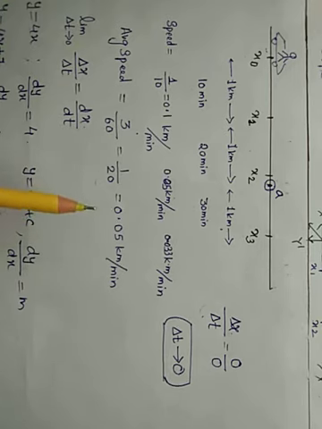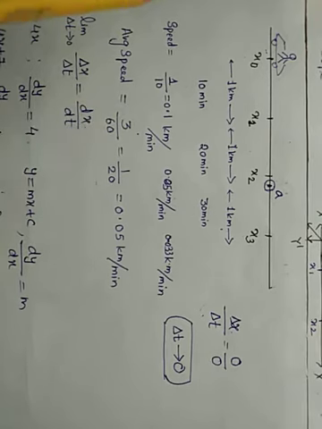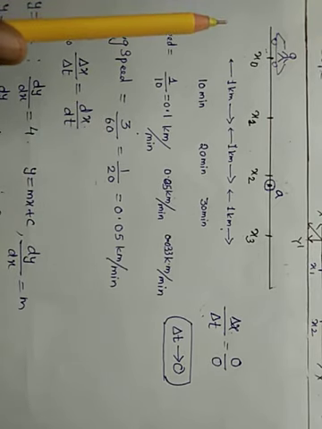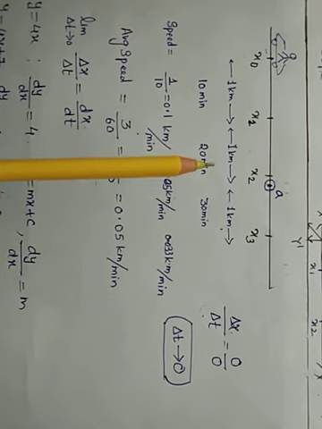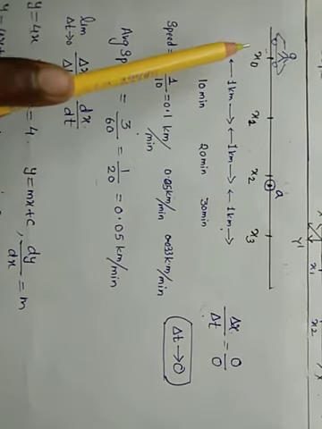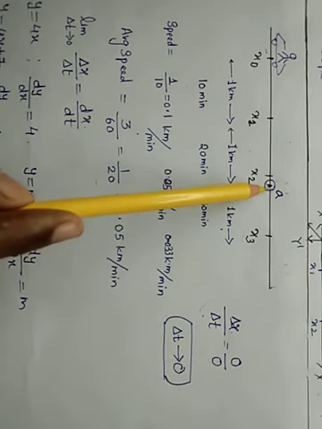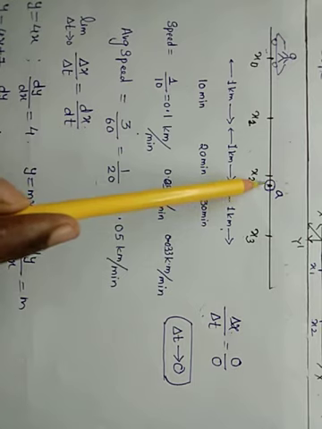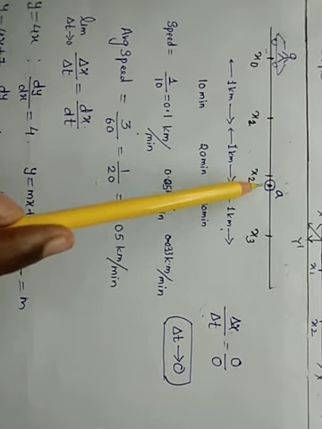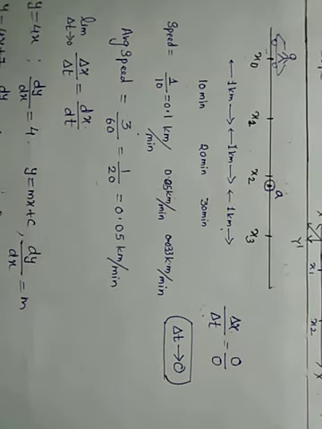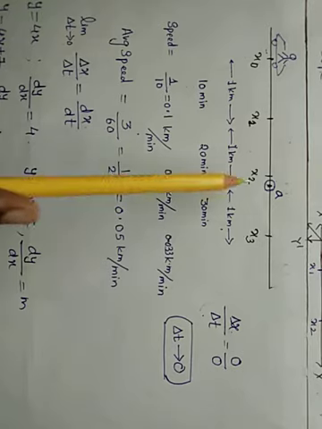Now suppose while driving, unluckily he made an accident. This Mr. A made an accident at point A. Now question arises, why he made accident? Most of the time reason is speed of vehicle. Okay, most of the time this is the case. Here I am taking that because of his speed only he made an accident.